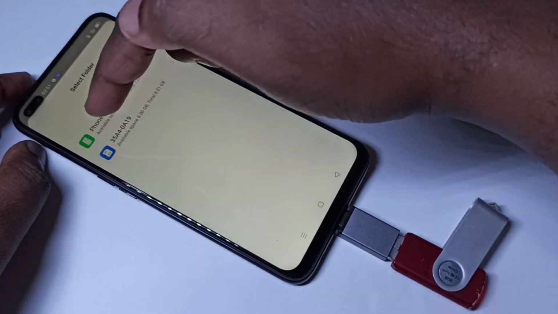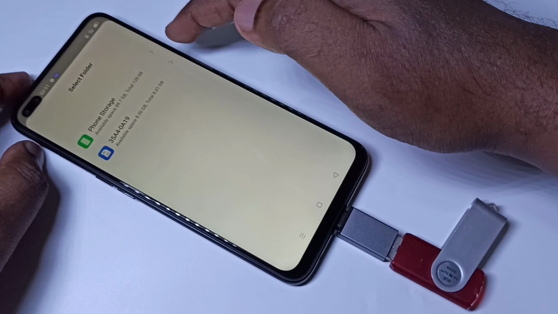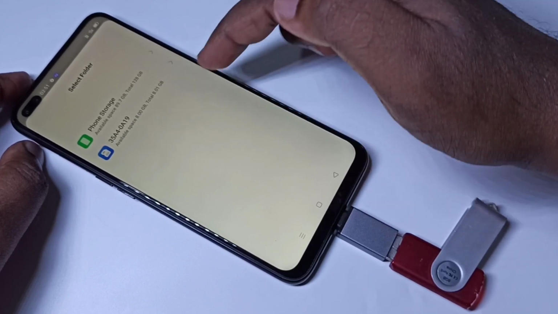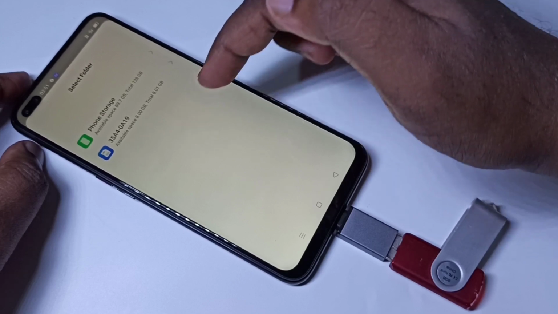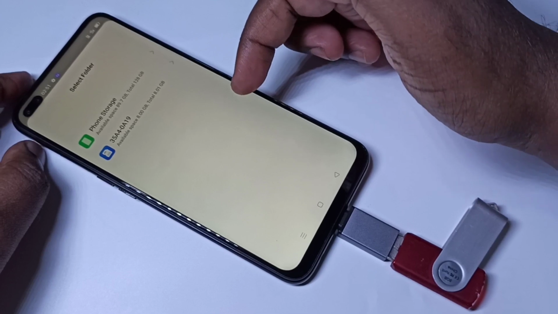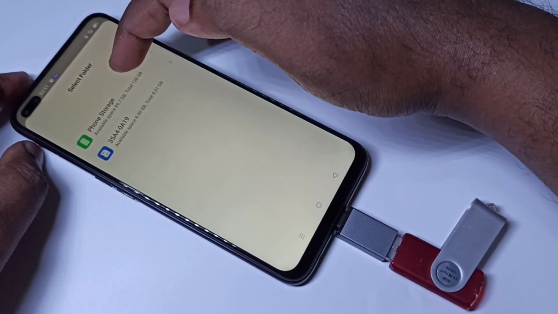So then you will get a window like this. In this window you will be able to see phone storage, then phone SD card storage. Right now there is no SD card in this phone, that is why it's not showing. So let me go to phone storage.